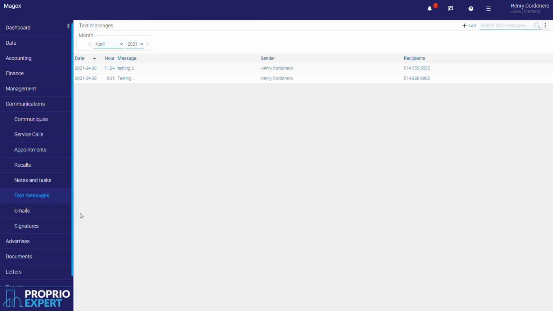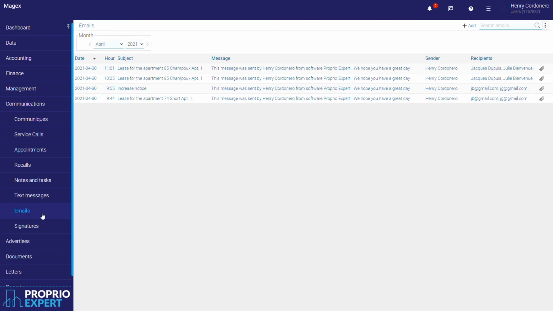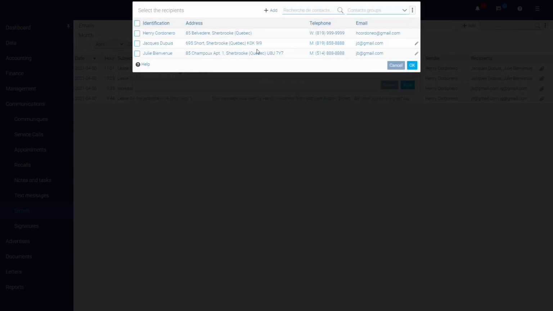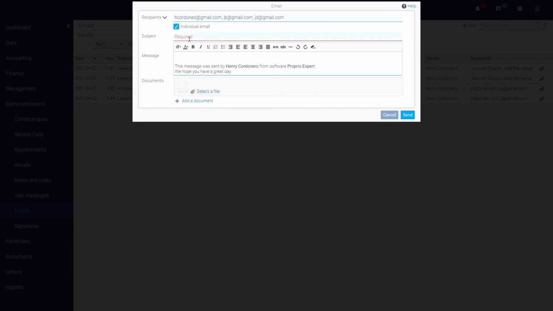If you need to send an email, this is very easy too. Just click on communication, email, and click on add. Same thing if you want to select a person: click here, select the person that you want to send to, and then click on OK. Enter the subject,